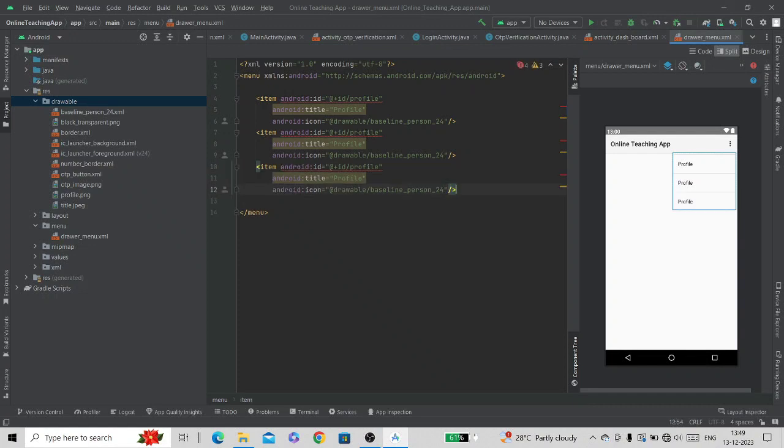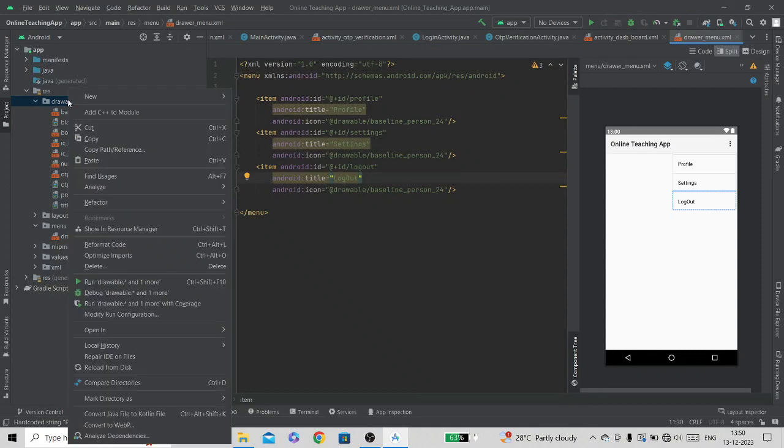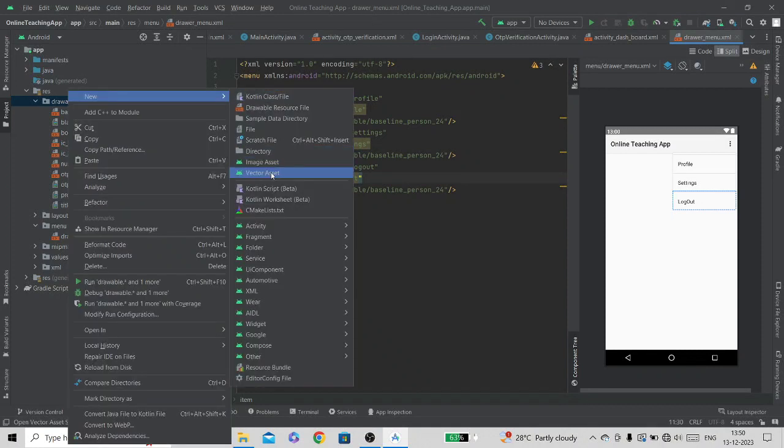Now change the ID. I will change it to setting and I will change the last to logout because we will create 3 navigation items inside here: profile, setting and logout. So we will give the title here settings and here logout. Now we will again set icon for these items also. For that right click on drawable, click on new and then click on vector assets.